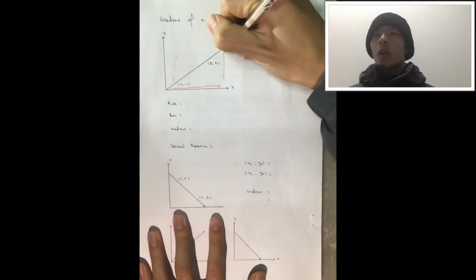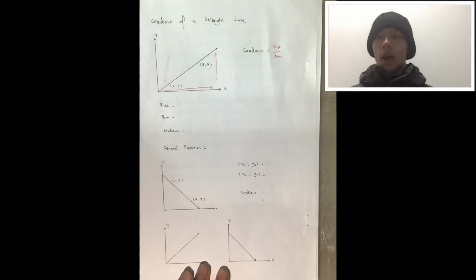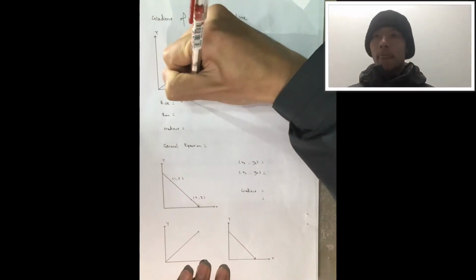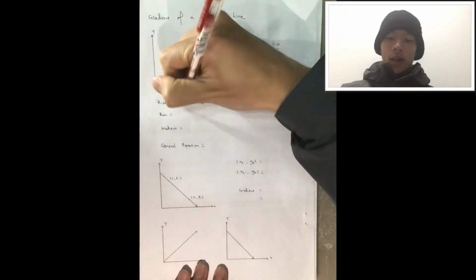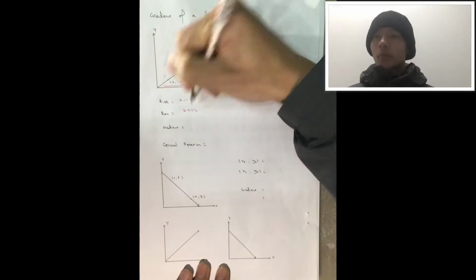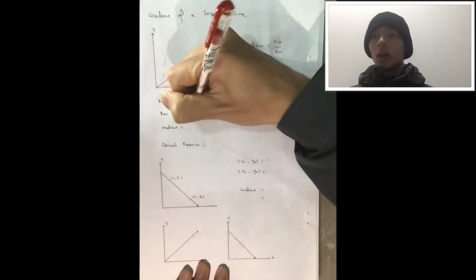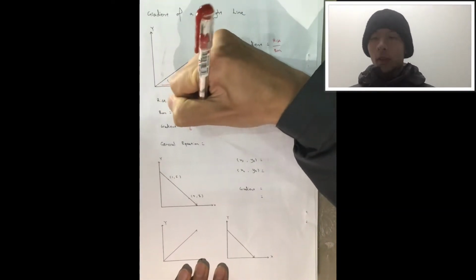In this instance, rise may be worked out by subtracting one y coordinate from the other, 4 minus 1 giving us 3. The run may be worked out by subtracting one x coordinate from the other, 8 minus 2 giving us 6. Plugging this into the rise over run formula, we'll get 3 on 6 equals a half, which is the gradient